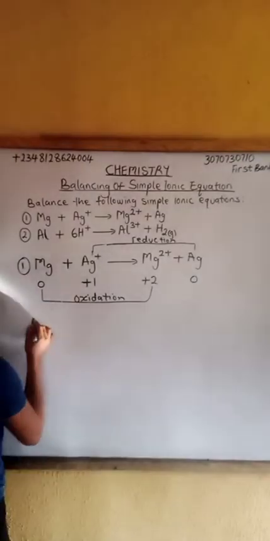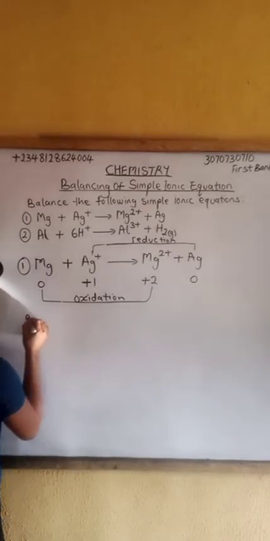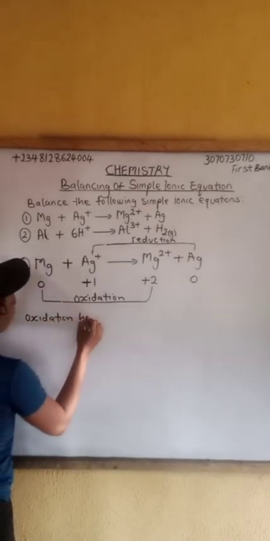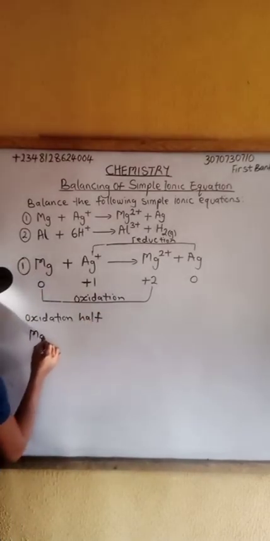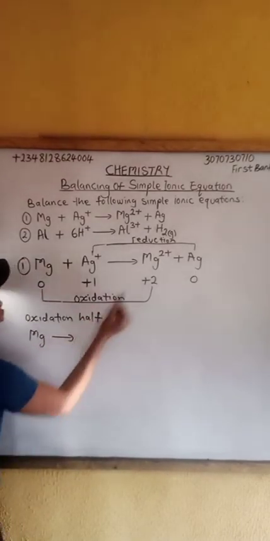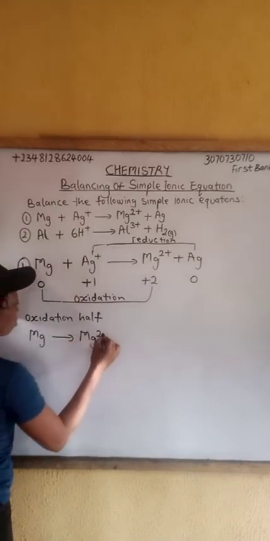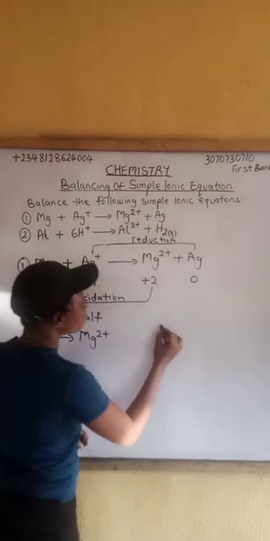We are going to split into the oxidation half and the reduction half. So under the oxidation half we have Mg equal to what? Mg2+. Then under the reduction half,